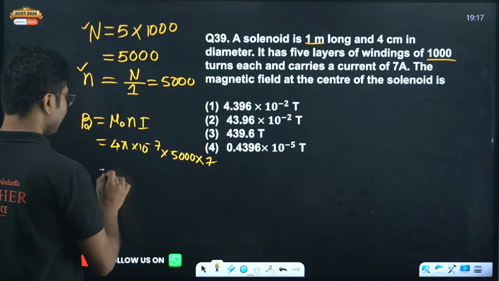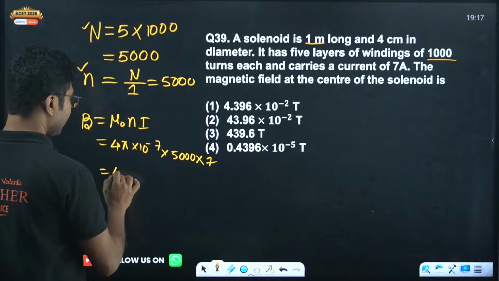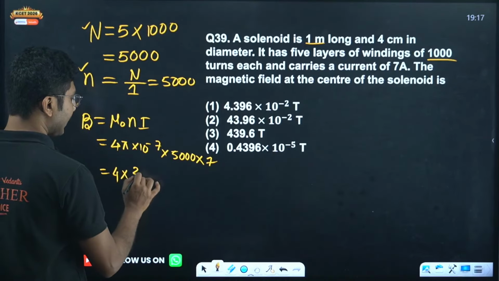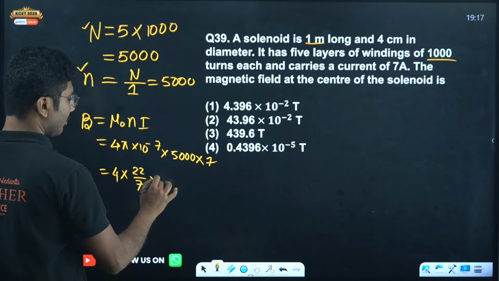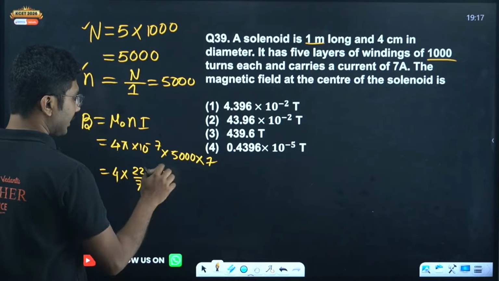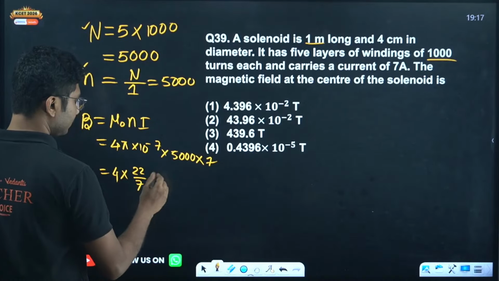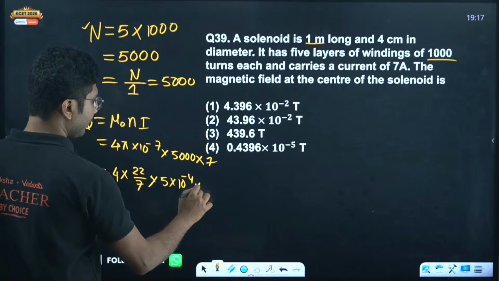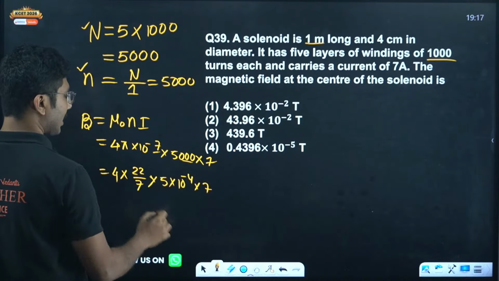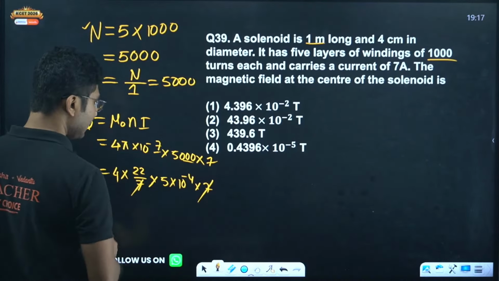Now we will use a very simple trick. That trick involves, instead of taking 3.14, we will take 22 by 7, the value of pi. So you will get 5 into 10 to the power of minus 4 into 7. These zeros I have adjusted here, 7 cancels, and you get